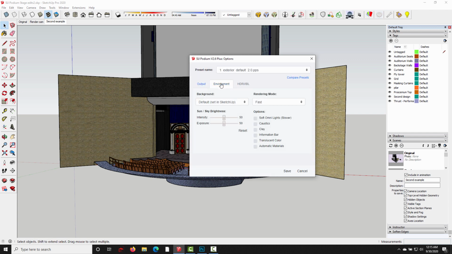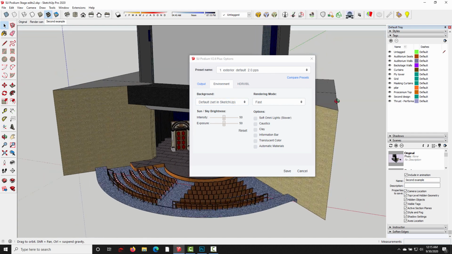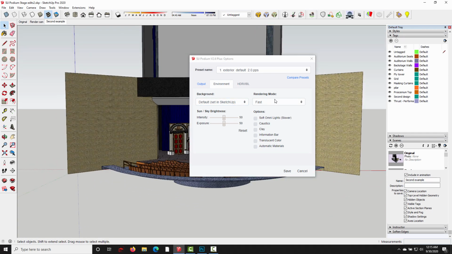Switch to the Environment tab and make sure under Background you have Default Set in SketchUp selected. What this means is that SU Podium is going to use the background color in the SketchUp viewport as the background and sky in the Podium render. So anytime you want to set the color of the background manually, you want to make sure Default Set in SketchUp is selected. There's a couple other background options, but I'm not going to go through them in this video. But if you want to learn more about the background options, there is a video in the SU Podium version 2.6 Getting Started playlist. Okay, so with Default Set in SketchUp selected, I'm going to click Save and close the